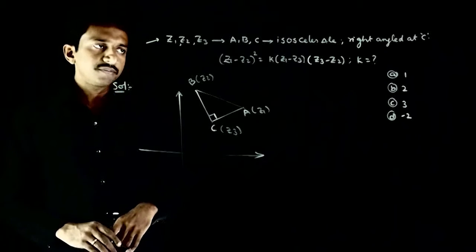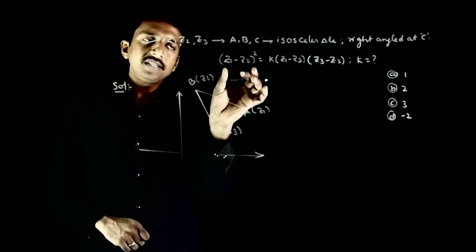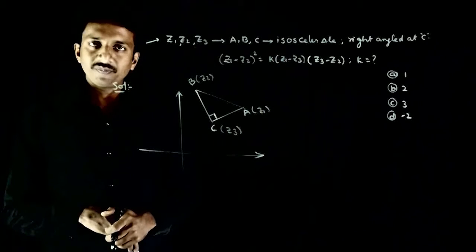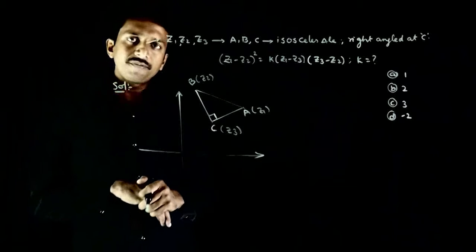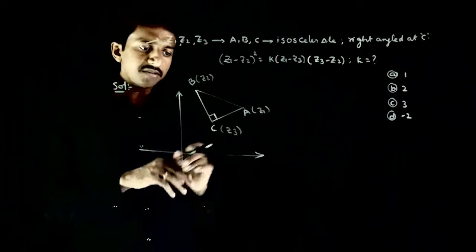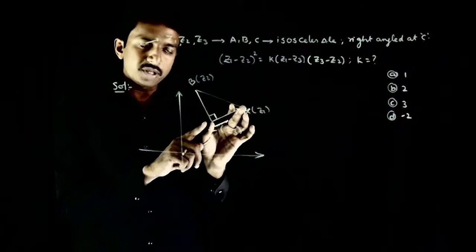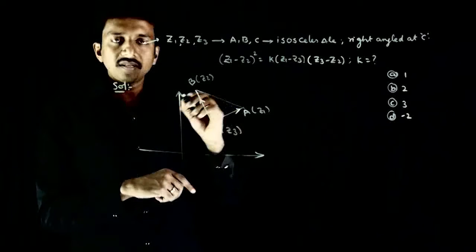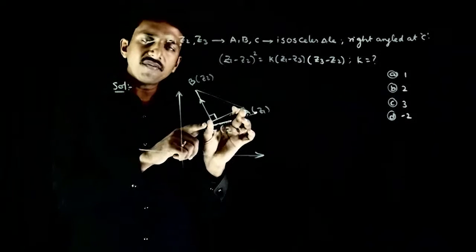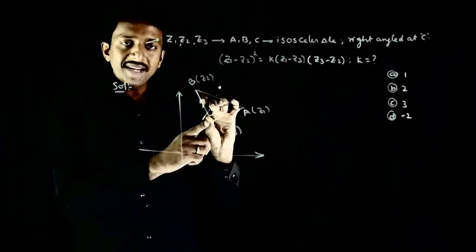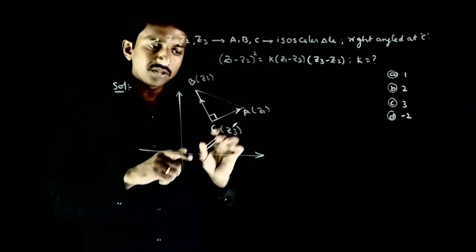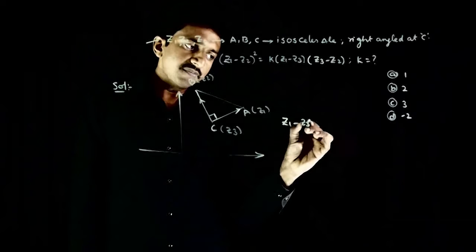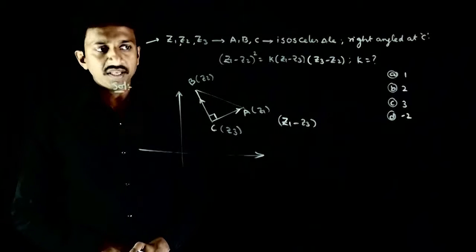Now you're asked to find the relation between Z1 minus Z2 whole square, K, Z1 minus Z3 and Z3 minus Z2. So now from the concept of rotation, can you see that this CA vector, if rotated through 90 degrees, you have to get the CB vector. So from the concept of rotation, what can I write for the CA vector? Z1 minus Z3,